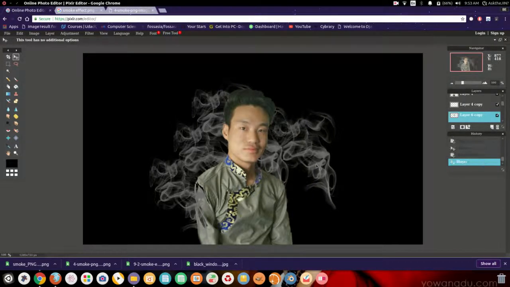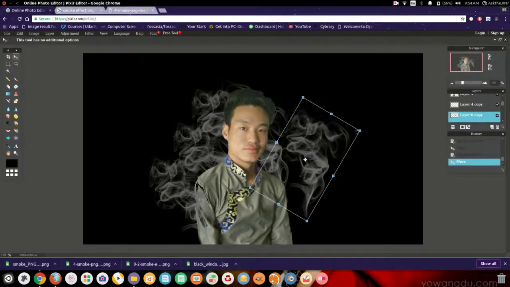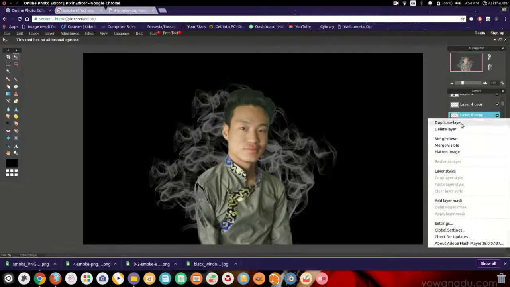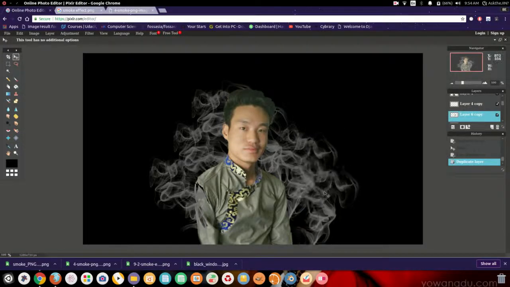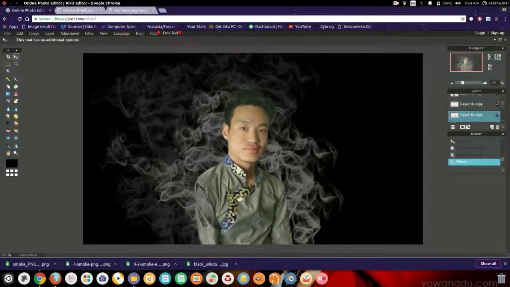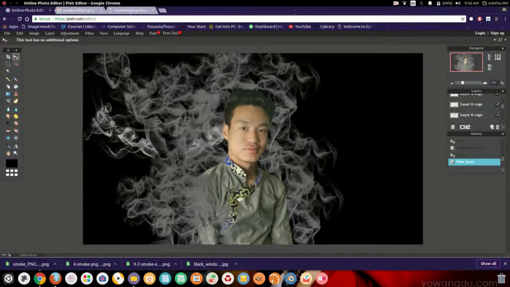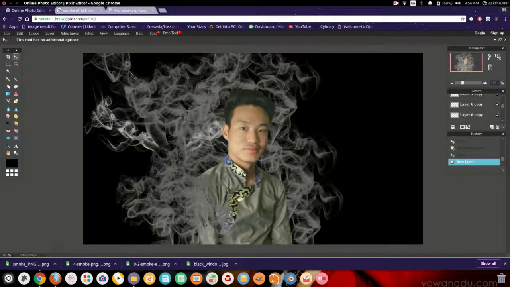So if you want to turn this one, go to the edit, the transformation, and little bit turn the smoke. Enter, duplicate layer once again. Here, enter. So if you don't want this one,